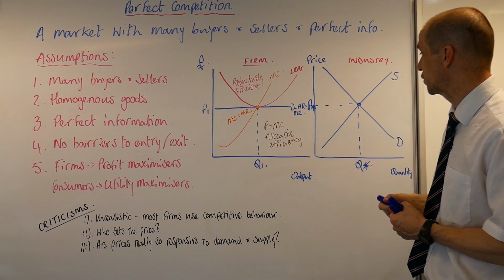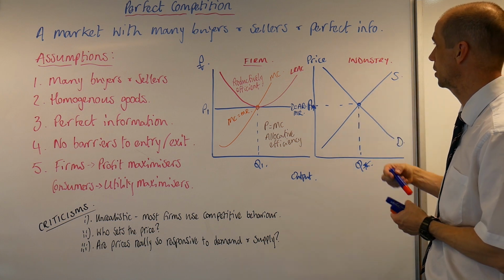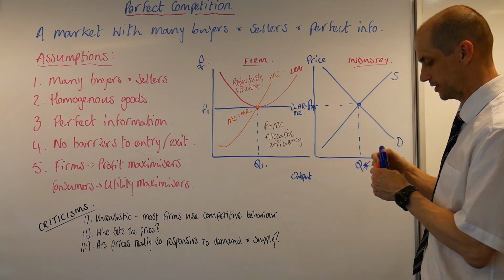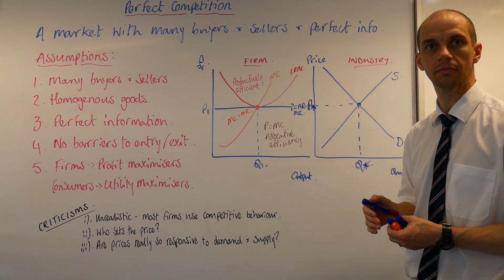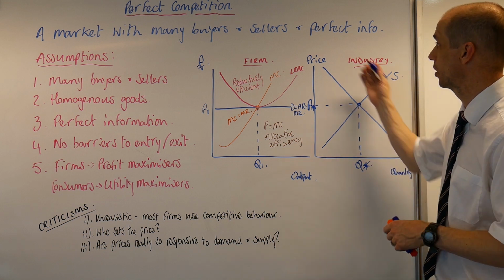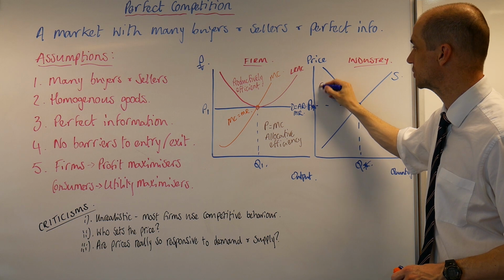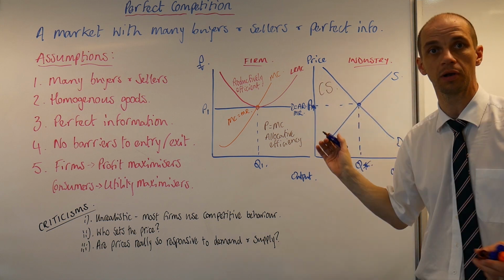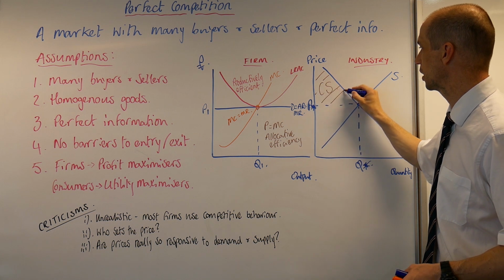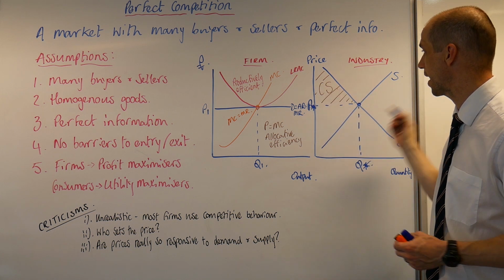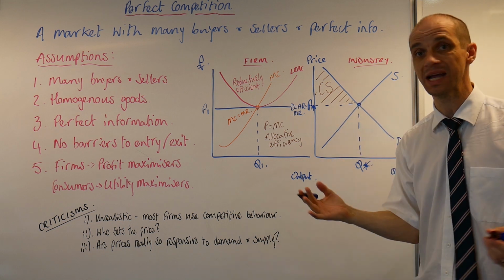So we can also see on this diagram for the industry as a whole, let's just underline that heading there, that looking at our industry demand and supply curve, we've got this area of consumer surplus. Oh yes, so there is our consumer surplus. And let's just highlight all of that area. There it is. Okay, consumer surplus, well, it's maximised.